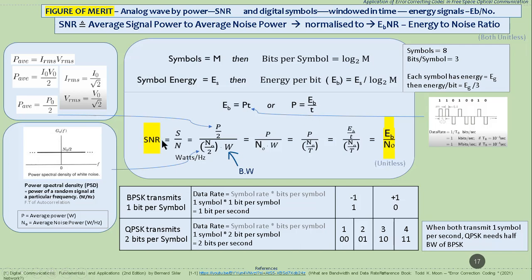Now the classic signal to average signal power to noise power ratio is written like this. If we start substituting average values, the noise that we are considering is time limited, and the average noise power, we move around a bit and then we reach Eb by N naught. So this is also unitless, as this was, and this is what we are going to use in our simulations